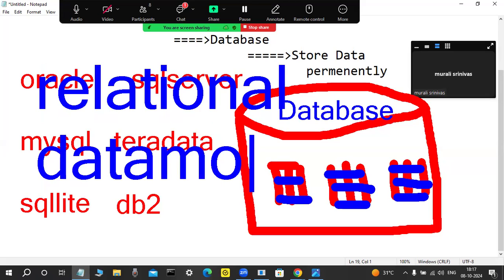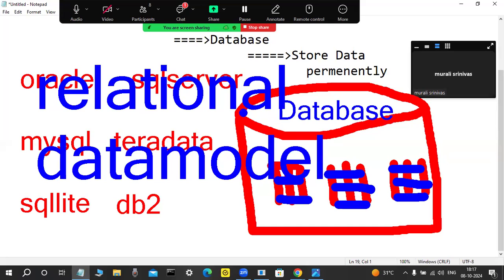In that data model, data is always stored in the format of a matrix. A matrix is nothing but rows and columns. Why did he design it that way? Basically, he is a mathematician. E.F. Codd is the father of the relational data model. He was working in the 1970s at IBM. That's why he always designs